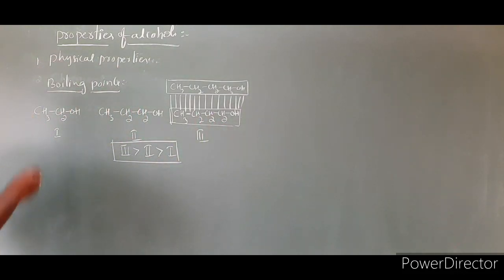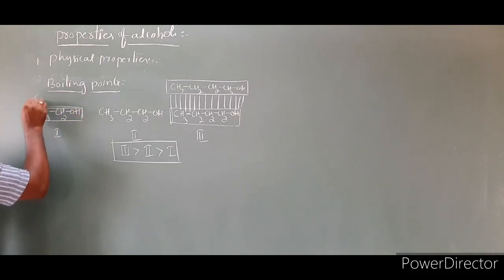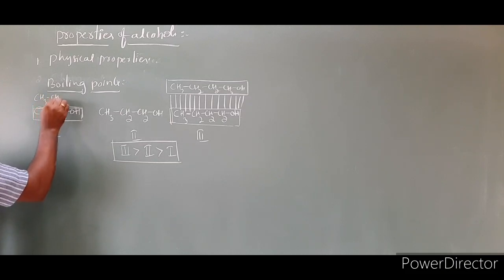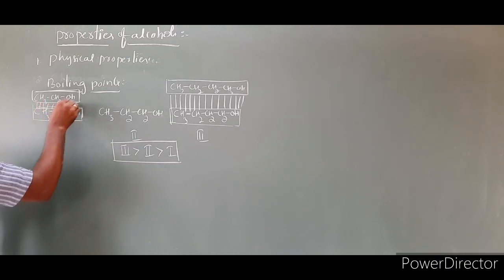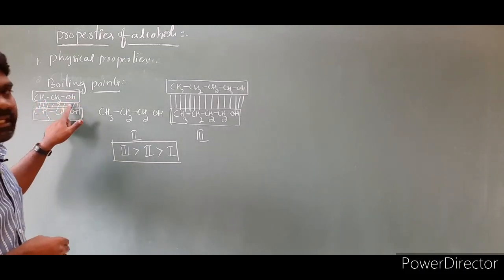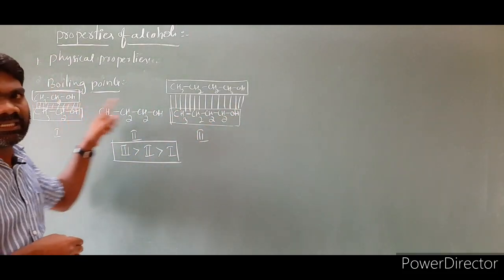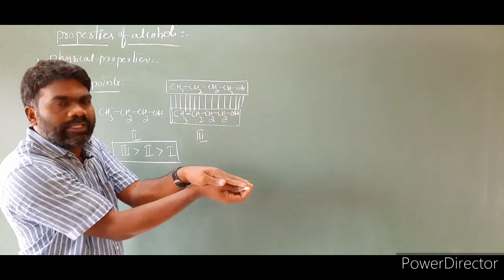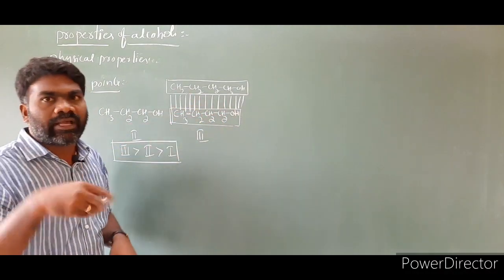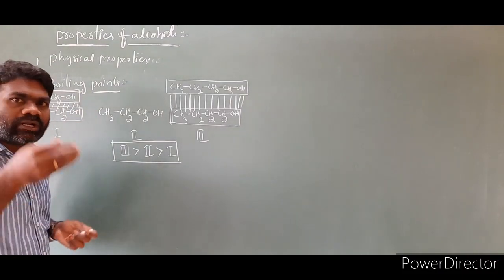Coming to this case, this is one molecule, imagine already one molecule is there. I am writing another molecule, CH3CH2OH. Now look at the area of contact, compare these two cases. Here the area of contact is less, here the area of contact is more. The more the area of contact, the more the van der Waals force between them, and separating these two molecules requires high temperature. Here the area of contact is less, so the van der Waals force is less.